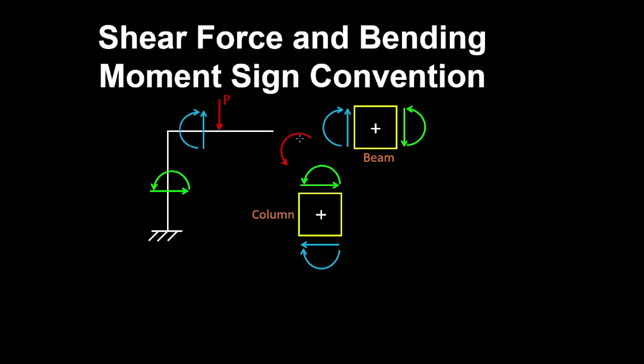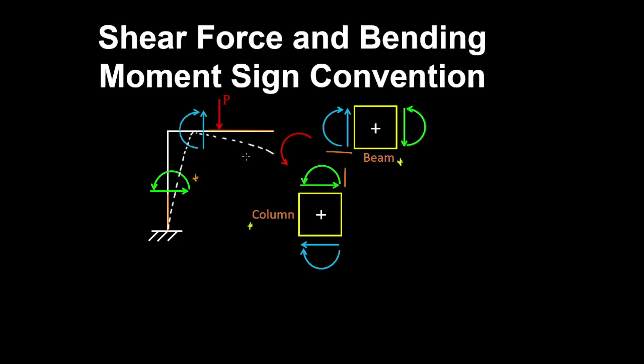We can adapt the sign convention for the shear force and bending moment that we derive for a beam to a column. So remember, if we cut the beam from right to left, for example, we use this sign convention. And to obtain a sign convention for the column in the frame, we simply rotate this sign convention anti-clockwise. So here, for example, if we cut the column from bottom to top, then we use this sign convention over here. So essentially this column will deform something like this